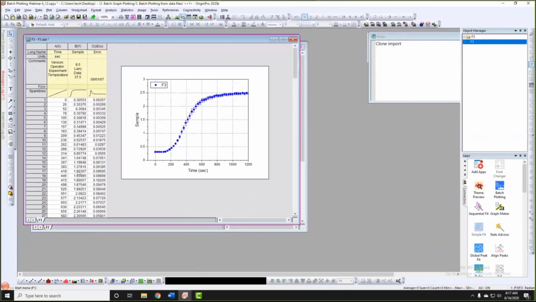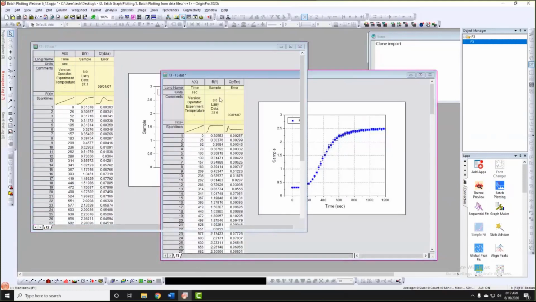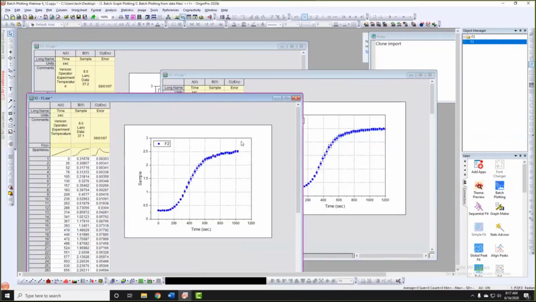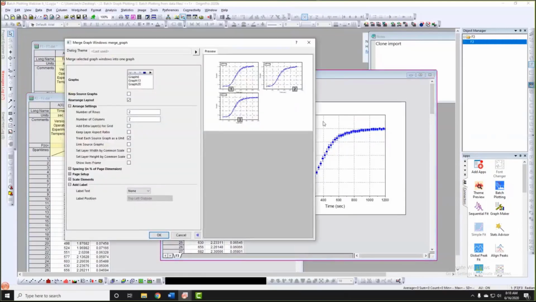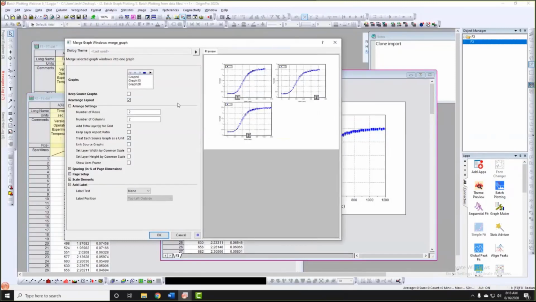Okay, so the data is imported into different workbooks. Each book contains an embedded graph. So I can merge the graphs, merge all three embedded graphs together. See here,